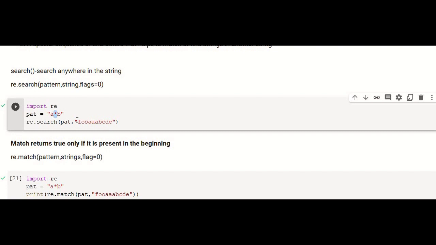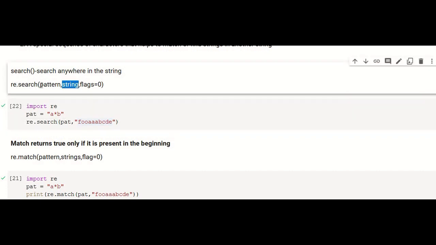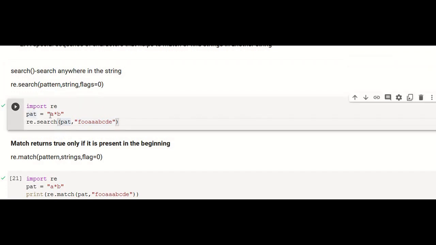And the second argument is the input string, and this search function will search whether this particular pattern is available in the given string. So re.search, within the parentheses we first give the pattern. This pattern will take a*b, and this is your input string.